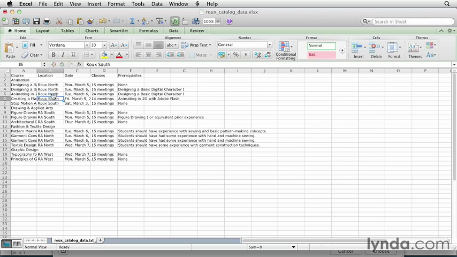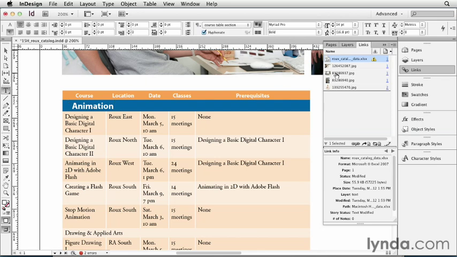Let's put them all at Rue North. How about that? You get the idea. I'll leave that one alone. I'll save this, Command-S or Control-S, go back to InDesign, and we can see that in the Links panel, it